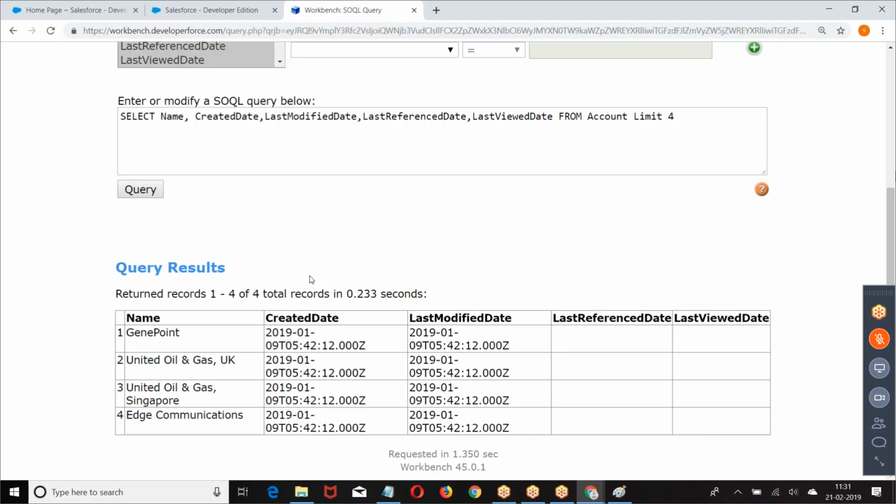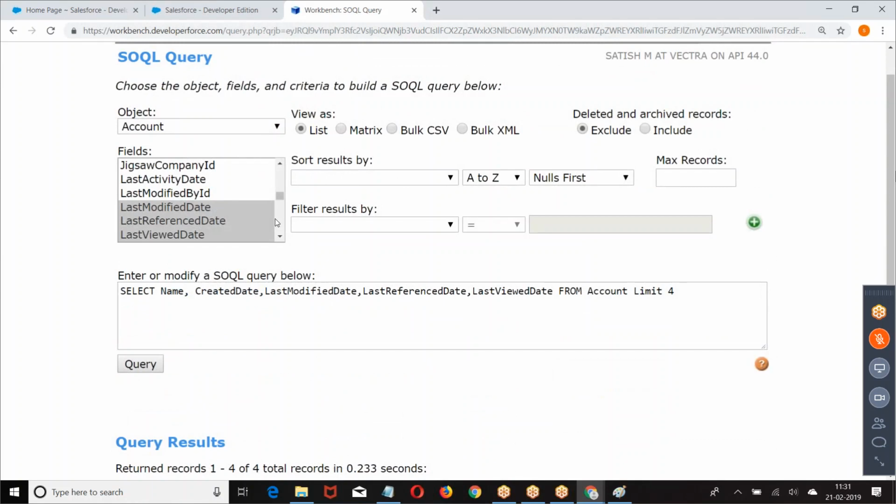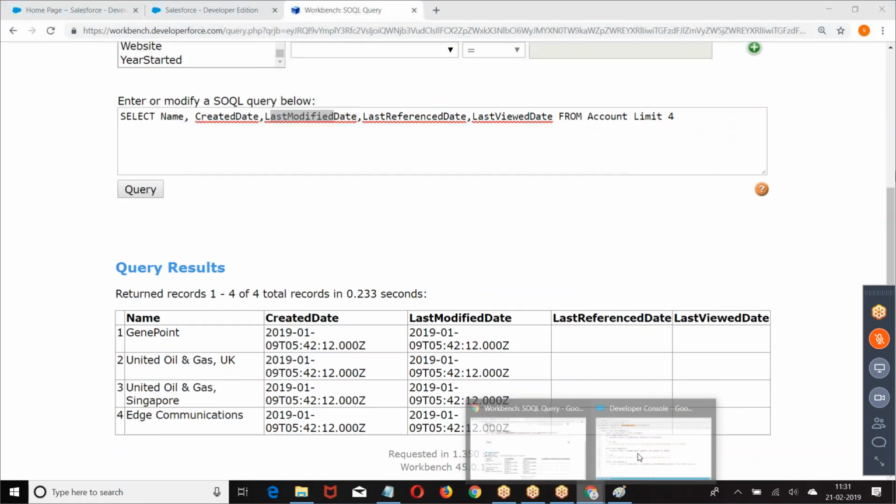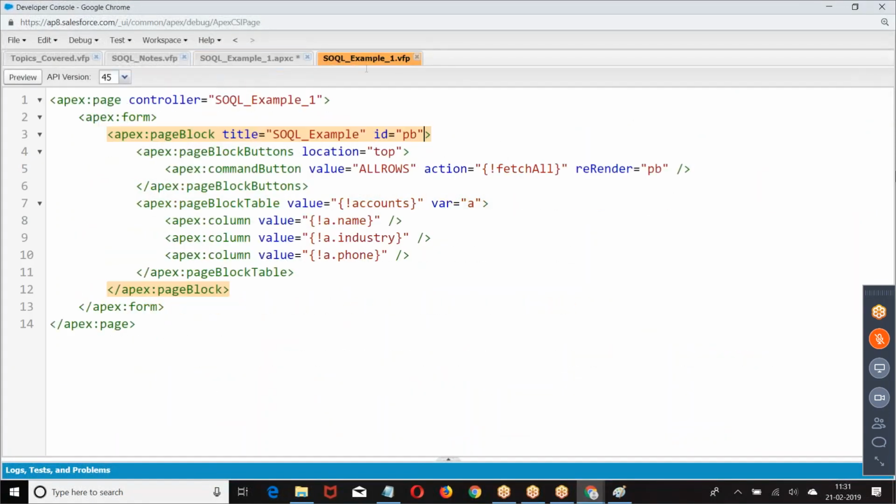So I cannot guarantee that you'll get the first 4 records, or the last 4 records. If you have a specific requirement to get only the first records, that is a different concept. As per the usage, the records are returned. It is not the first 5 records. Look at the point. Name, CreatedDate, LastModifiedDate. Okay. The same query I am executing from here.